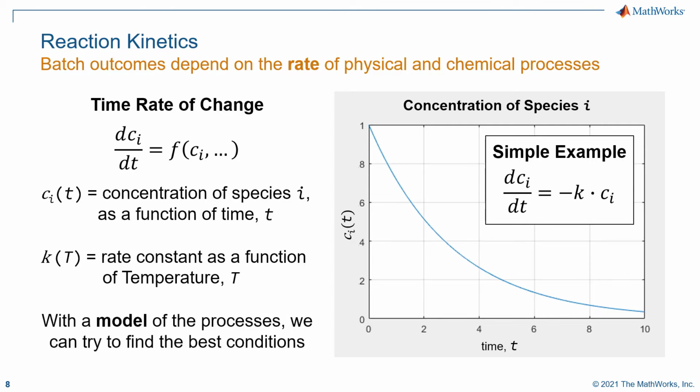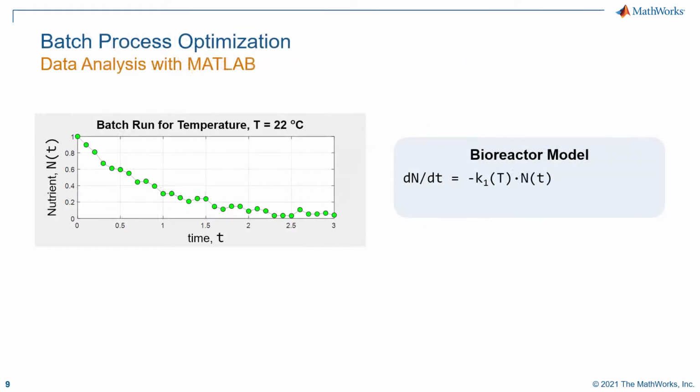A model is important because if we don't have a model of the process, the only way to find the best recipe would be trial and error, and with so many variables, it could take a prohibitive amount of time to test all the different permutations, even with only a few species. The reaction kinetics we'll consider in today's introductory demonstration have intentionally been formulated in a simple manner so that we can focus on the overall problem setup and workflow without getting bogged down in detailed differential equations.